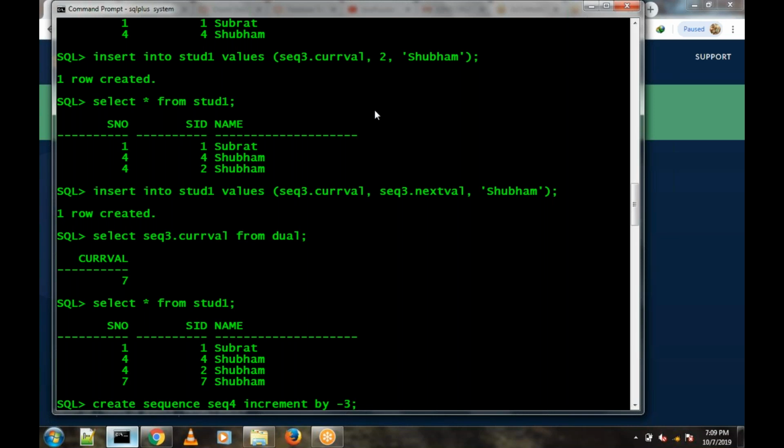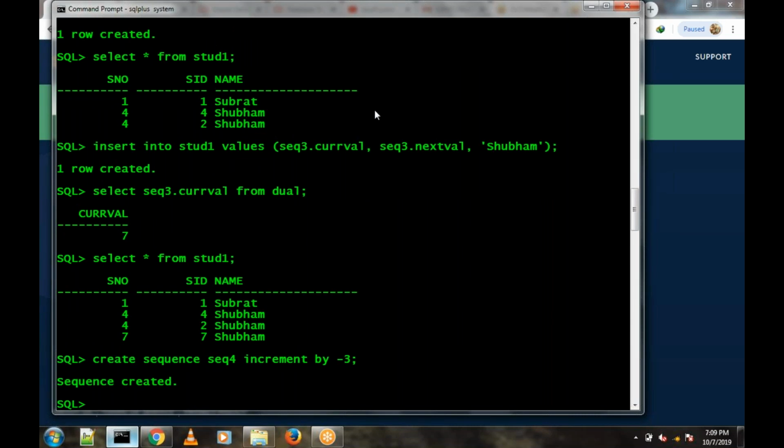Increment by -3. Now my question is, what is the next value and current value here? Be careful. Just see what the increment value is. Increment by -3. First of all, it will start from